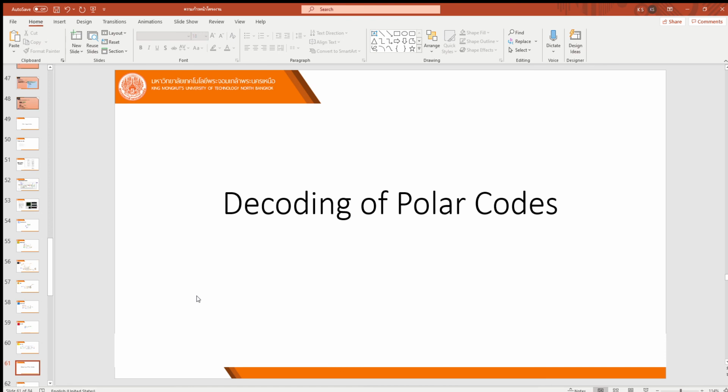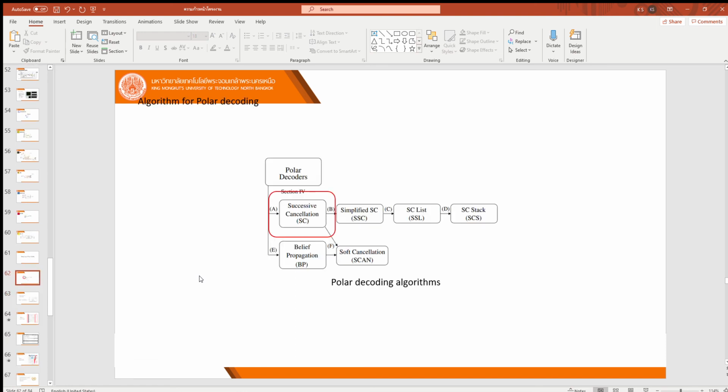This is how we do the encoding of polar code. And next we will talk about how we can decode it. We have the same thing. We have polar decoders: successive cancellation (SC), then simplified SC, and then SC list. SC flip. Then we're going to plot the soft cancellation polar decoding algorithm,